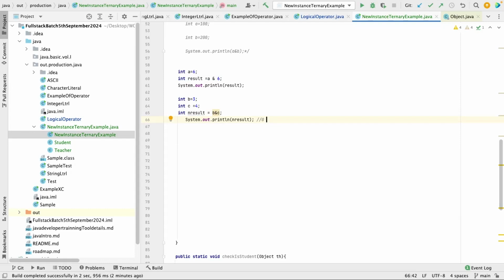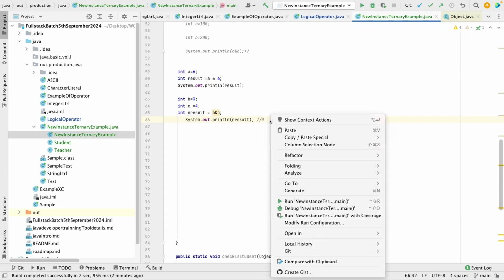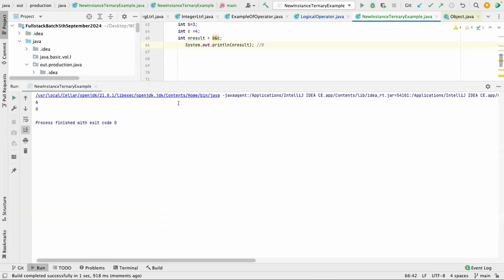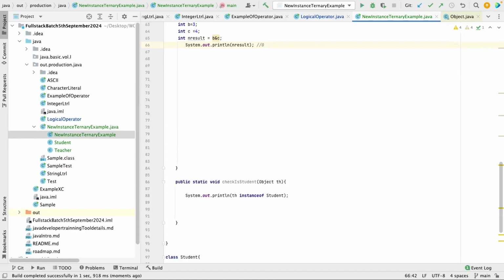Let's assume any bit on the fourth position for B when you convert, okay, I will explain that one. Don't worry. First, see the result. The result is 0. So who answered this one? I think